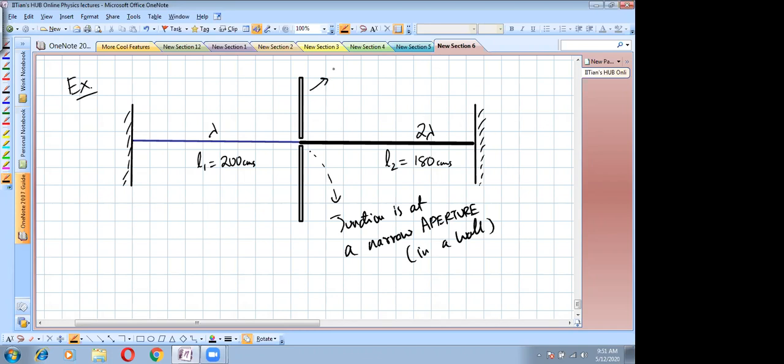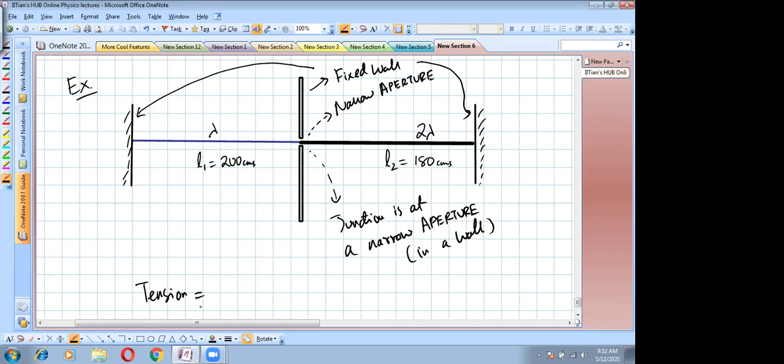So this is a fixed wall with a small aperture. Okay. And of course, these are also fixed walls. So we have this kind of arrangement over here, and the tension